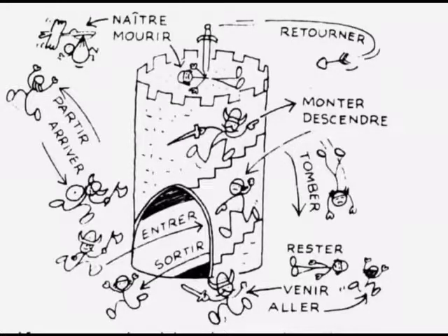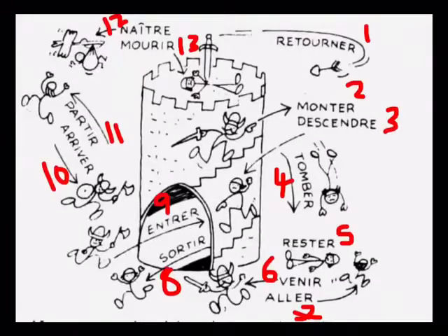So now you're probably wondering why some verbs form in the past tense with avoir and why others form in the past tense with être. Basically, the thing you need to remember is that any verb which is to do with movement forms in the past tense with être. On the screen you can see a picture showing all the different types of verb which form the past tense with être. Pause the video and using wordreference.com find out what all of these verb infinitives mean and write them down.